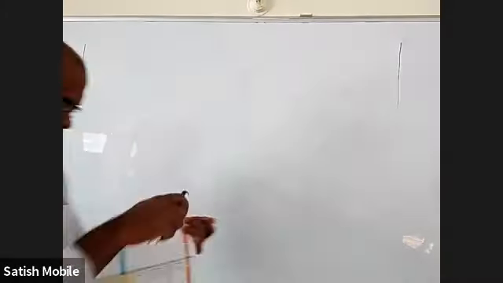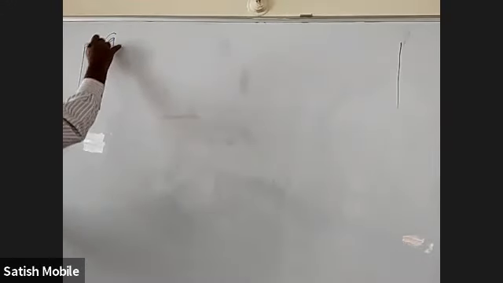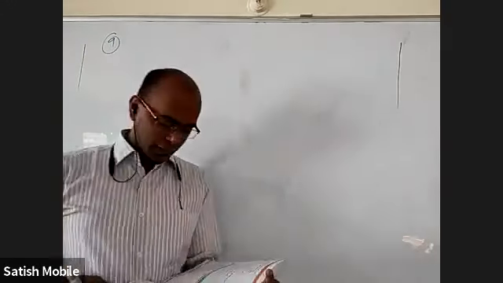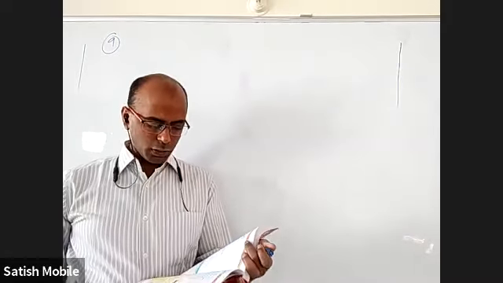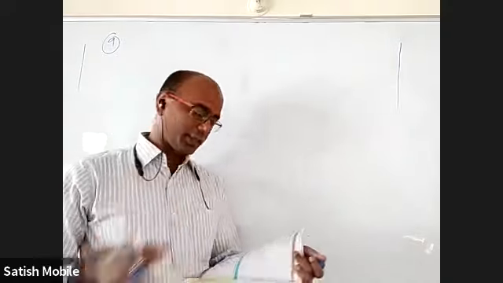Okay, ninth question. It is not obviously dy by dx plus Py equal to Q directly. So you have to go for Bernoulli's one. And that too not in the form of dy by dx. You have to write dx by dy.